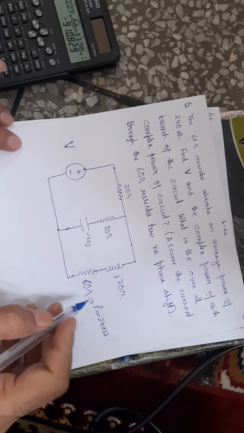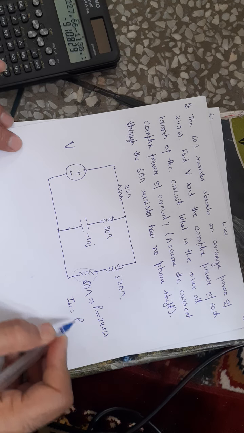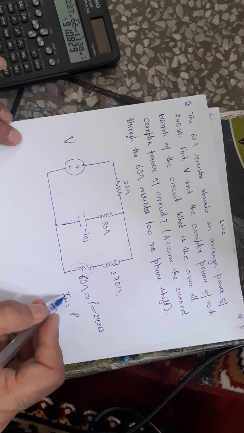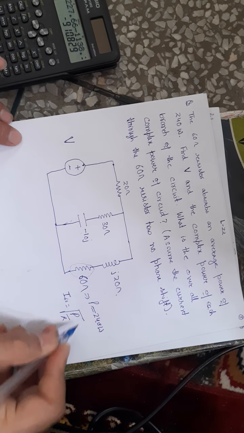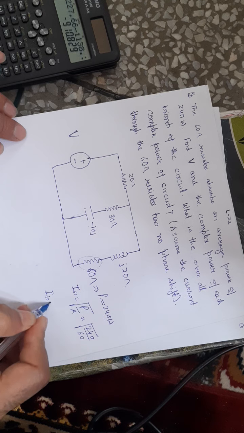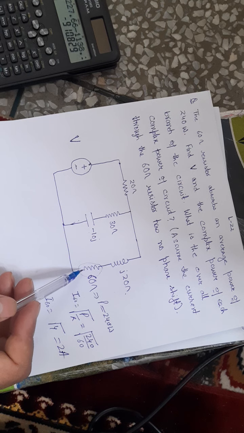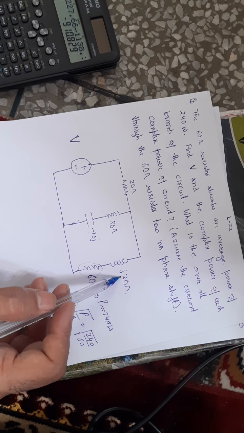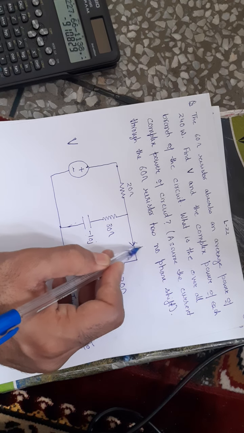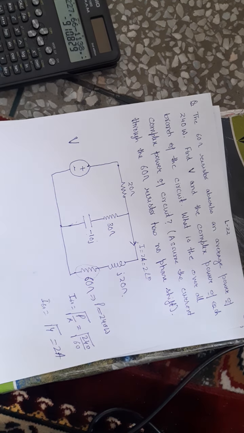Okay, so from here you can easily say that the current through this 60 ohm resistor follows from I squared R equals P. So I will be the square root of P divided by R, which is the square root of 240 over 60. So the current in the 60 ohm resistor will be the square root of 4, which is equal to 2 amperes. The same current will flow in this 20j ohm inductor. So the current flowing in this branch is I equals 2 ampere, which is 2 angle 0.